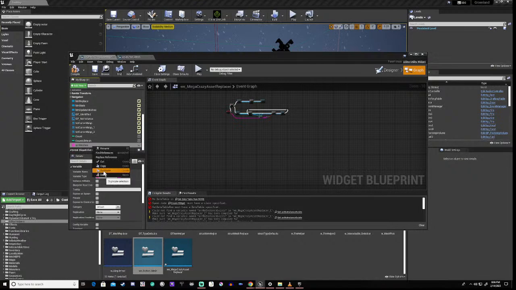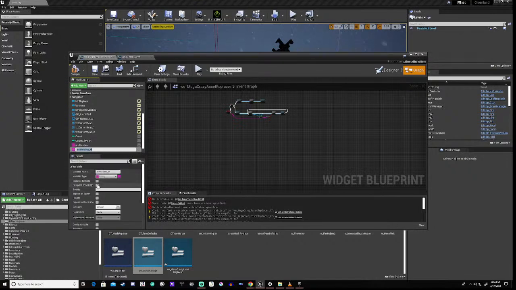Then we duplicate that, and this one here is called no instance. Then we duplicate that, and it's going to be no instance exists.